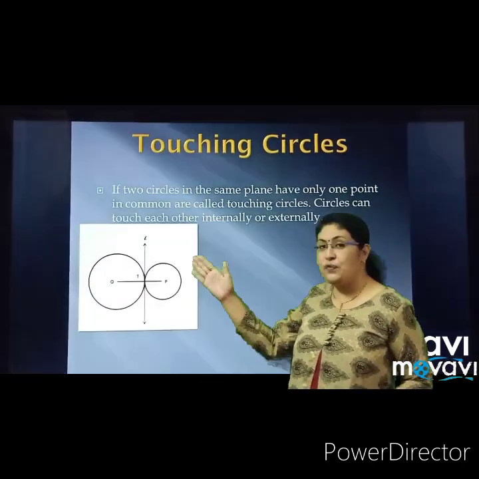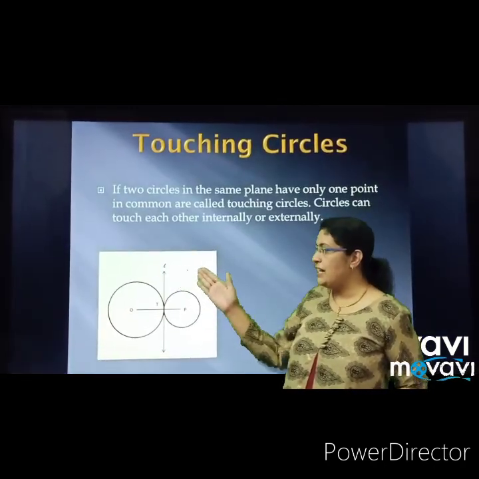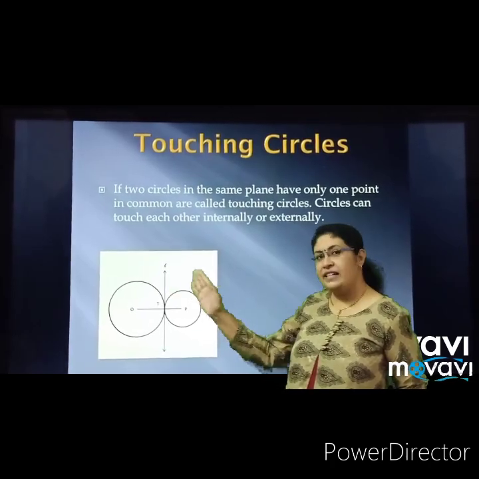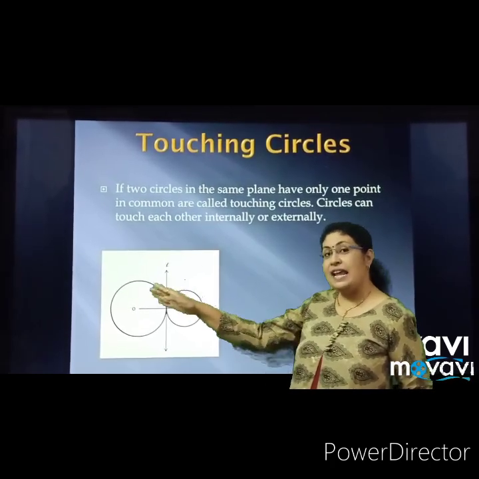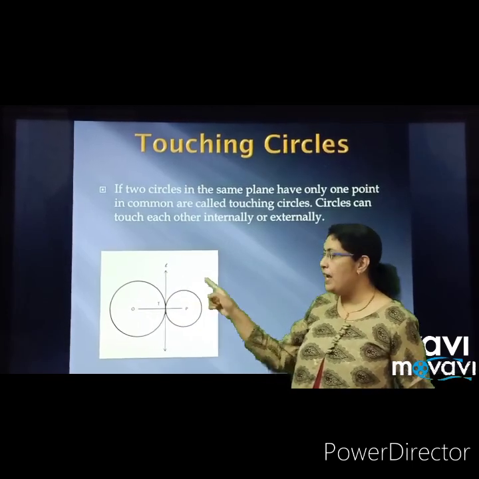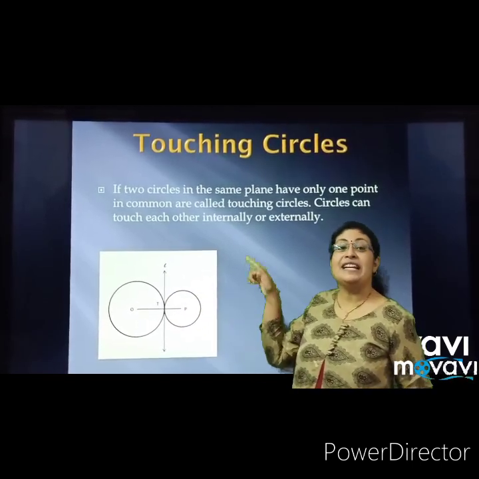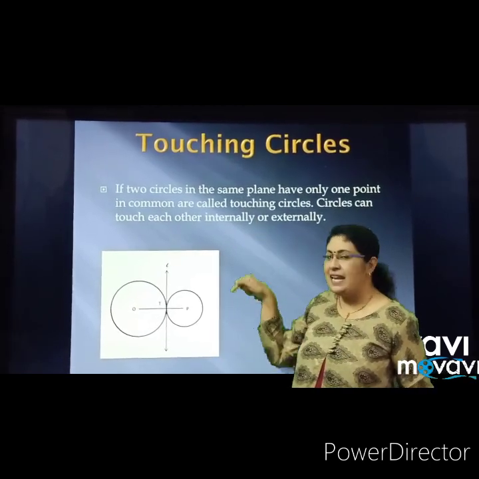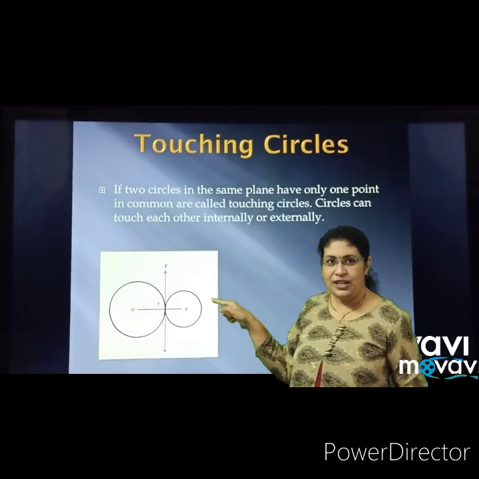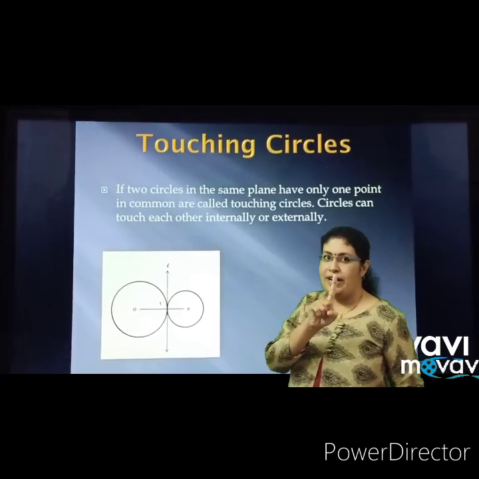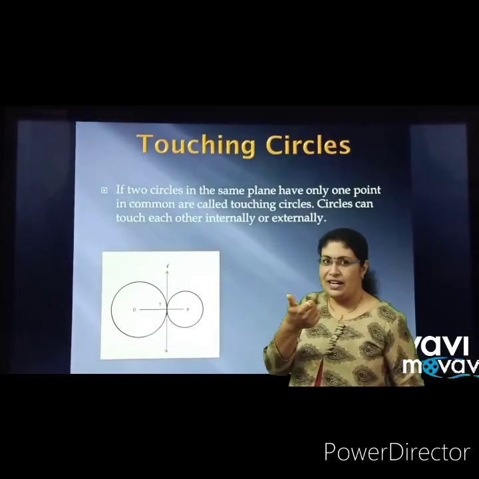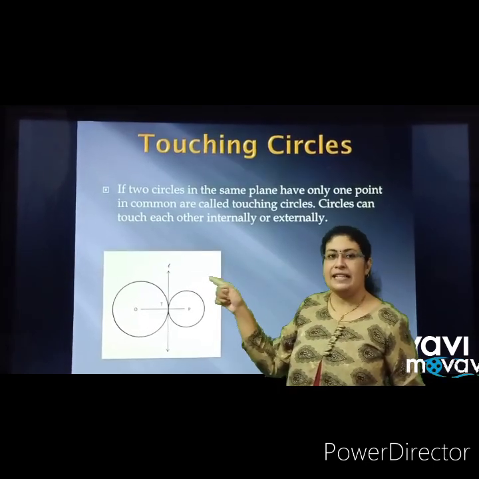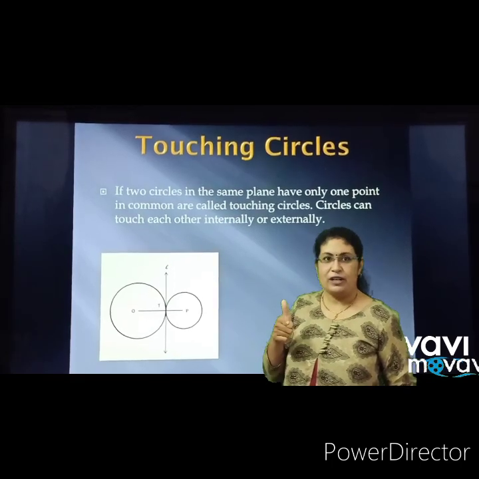As you can see here, in the first diagram, the two circles are opposite to each other. It means that they are touching each other but they are external to each other. Their point of contact is point T, that is one point in common. You can see the line L, it is acting as a tangent. Now a tangent has only one point that is in contact with the circle. So this point T, we consider as the point of contact of a tangent.